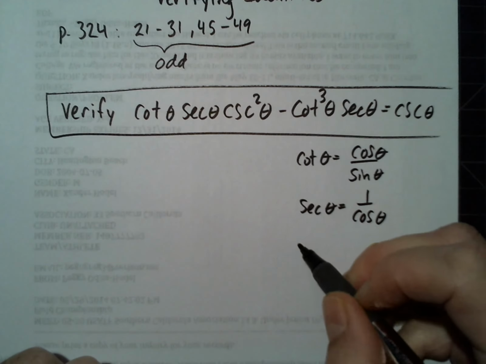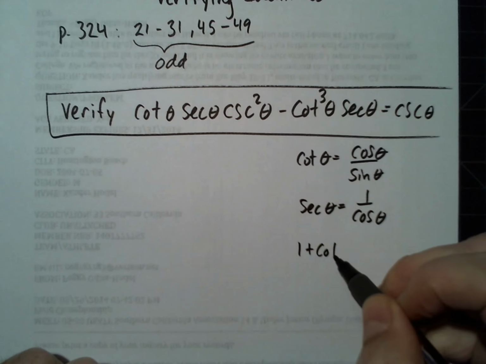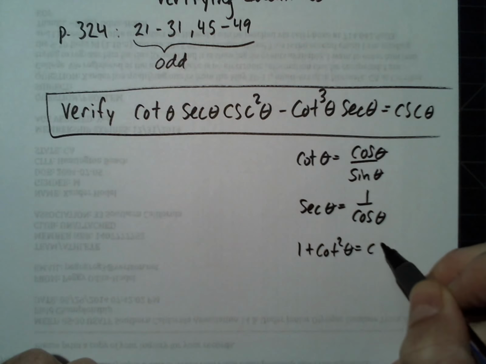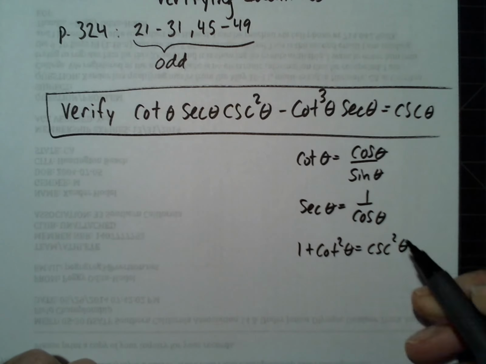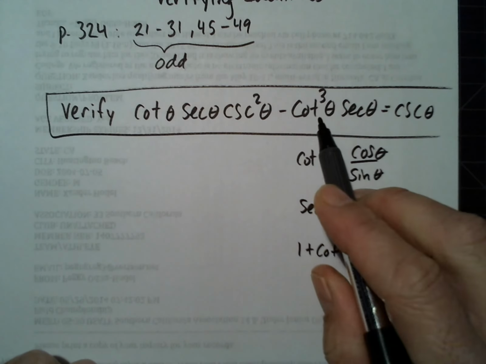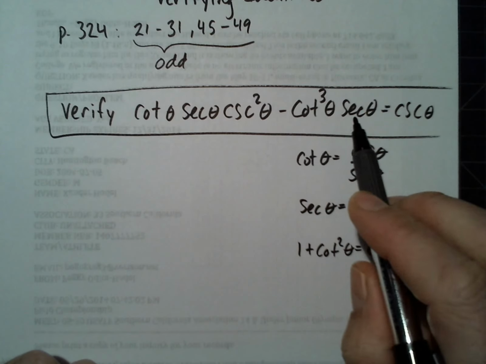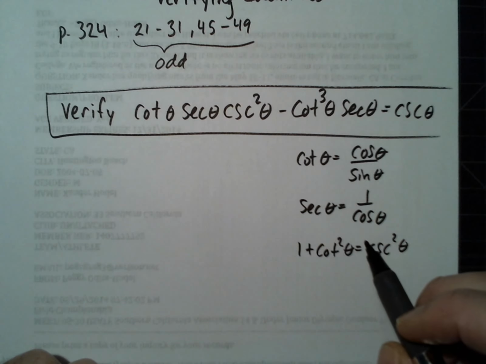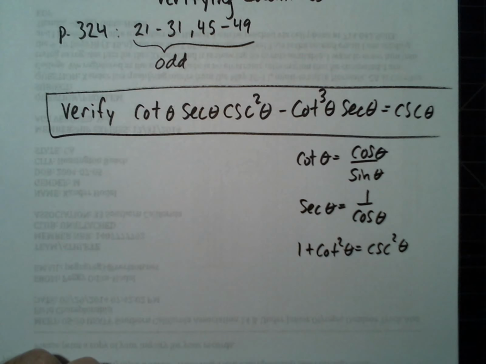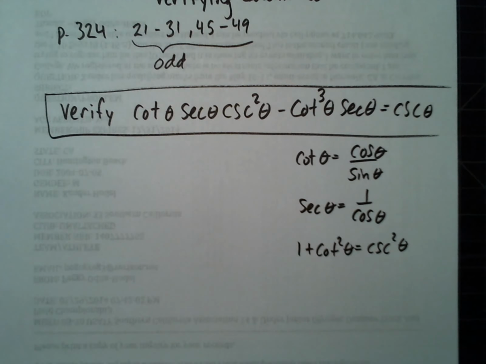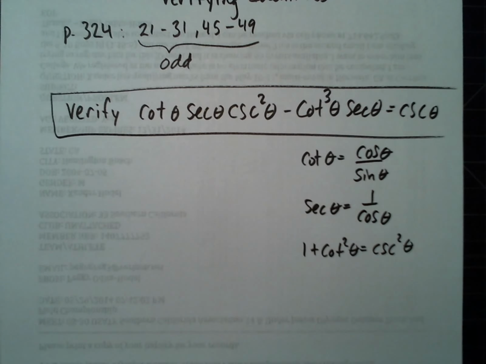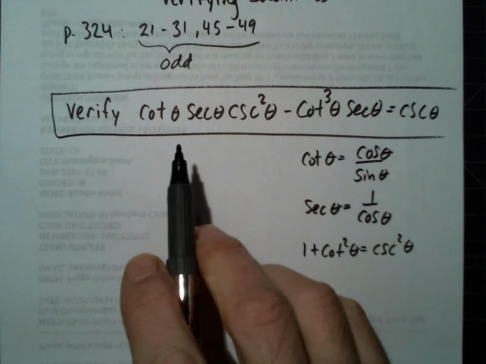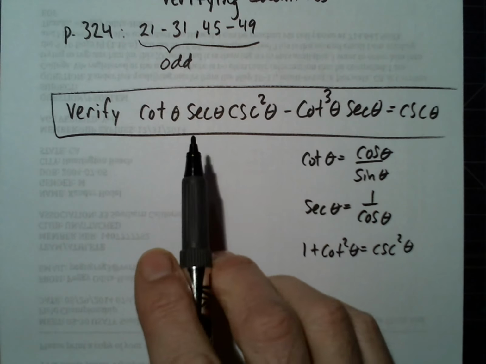Cosecant squared. We have cotangent cubed and secant. Looks like these might be the ones that we need, and before we begin substituting, we're going to look for